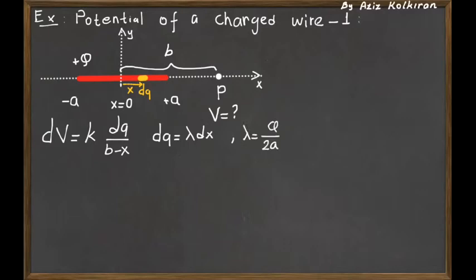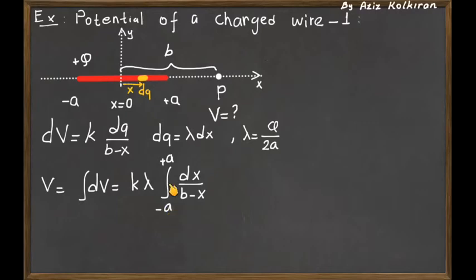So we also express the line charge density in terms of the total charge and the total length of the rod as q divided by 2a,